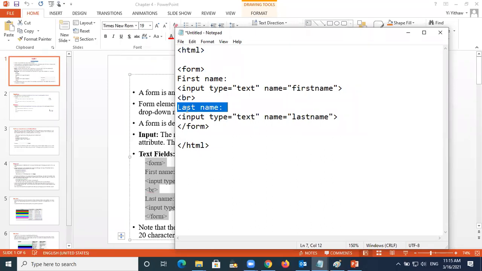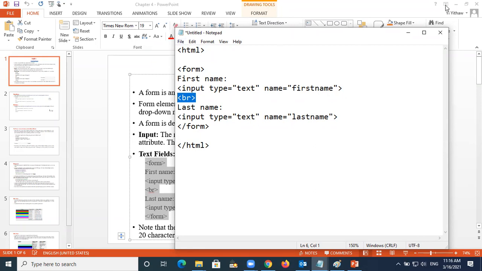Last name is your family name, Orami or something like this. And here what is written is the same thing, only this part is different. First name, you just say first name. Last name, you just say last name. Others are the same thing. You already know this is the BR. BR is for the break. After this one, you are going to another line.